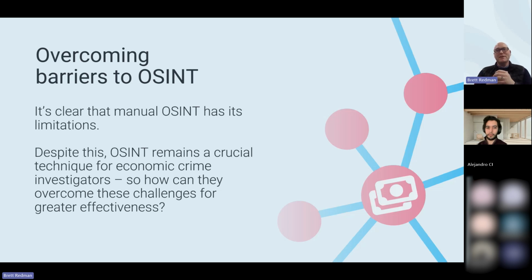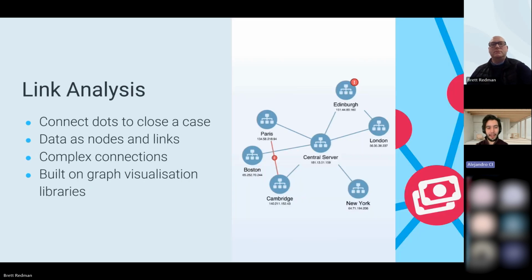At this point, what I'd like to do is hand over to Alejandro, and I think he's going to go through a process and show you how we can start forging this and make this look like it's a story or an artistry to tell. Yeah, no, thank you, Brett. A super helpful introduction as well into OSINT in general.